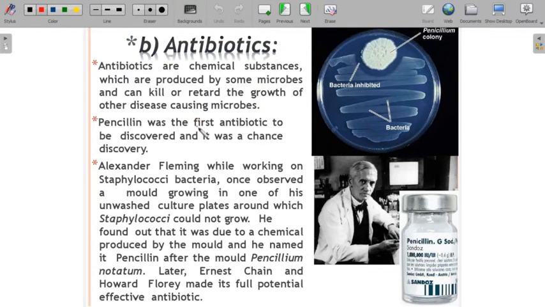And the first antibiotic was discovered only by chance. I purposely didn't add that here. It was by chance. Accidentally, what happened? We had some people called Alexander Fleming, Ernest Chain and Florey. They were working with Staphylococcus bacterium, and they threw the Staphylococcus colonies into the sink to wash after the culture.